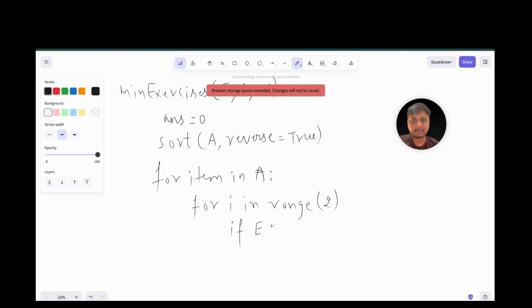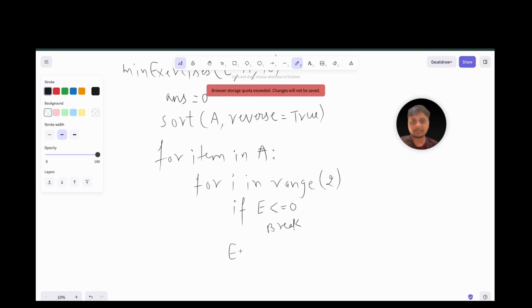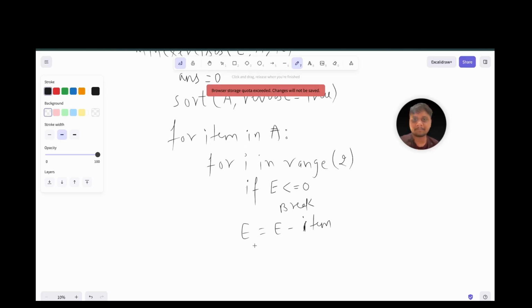so if E gets less than equal to 0, then you just have to break, है ना. Otherwise you perform this exercise, e is equals to e minus a of item. This item you need to subtract, and once you are out of it, also you keep the count, increase the count, not count, it's answer. So answer,